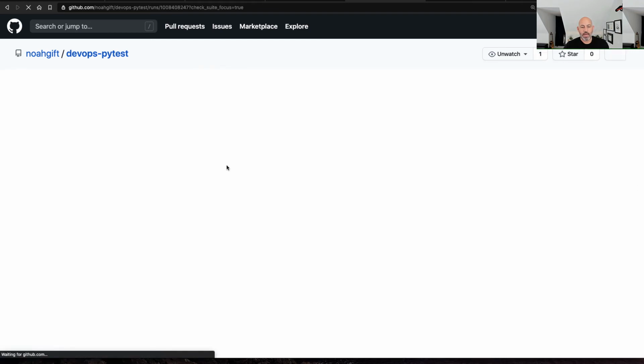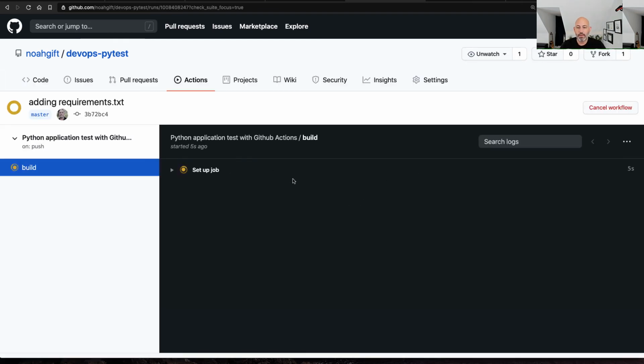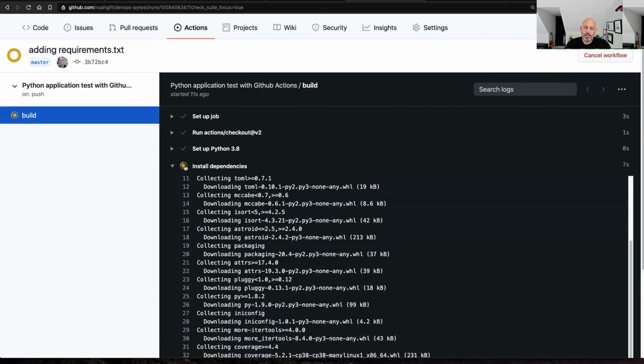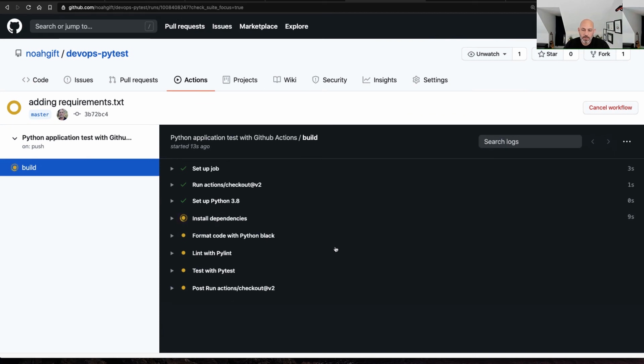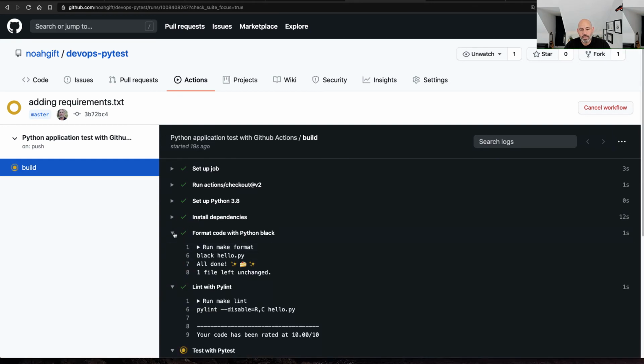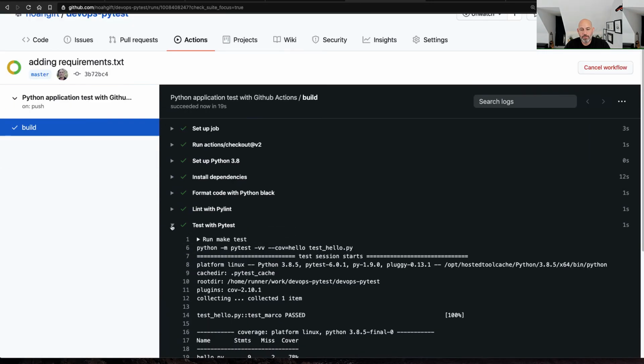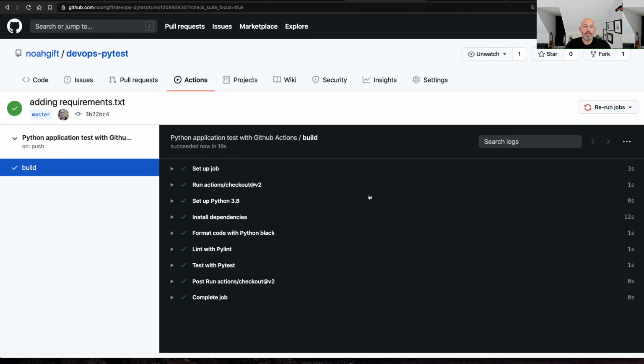And from here, I can select build and check the set up the job, install dependencies, format code with Python Black, lint my code, test my code, right? So we got a lot of really powerful stuff cooking here inside of this project. So now that I've got this,